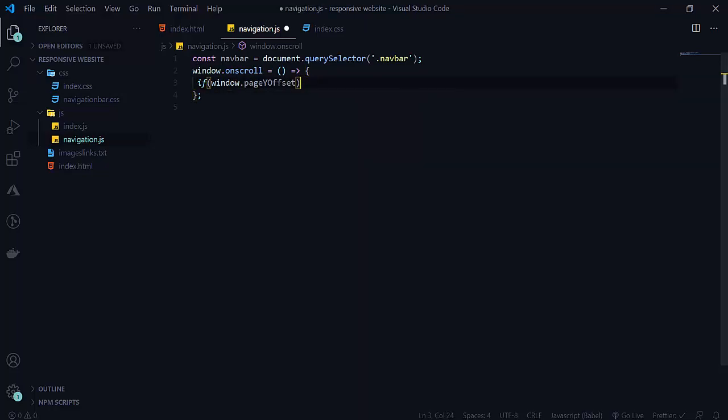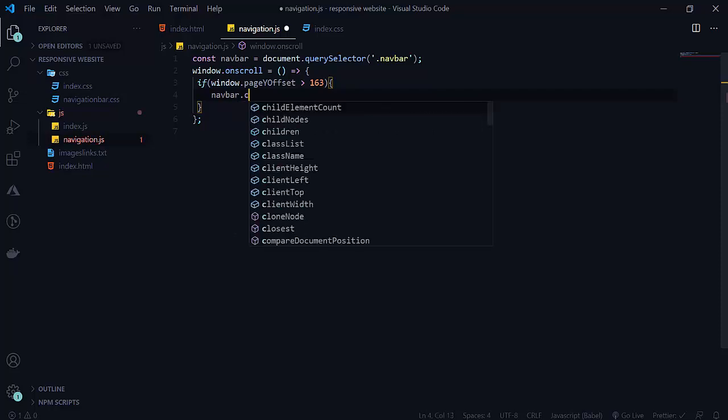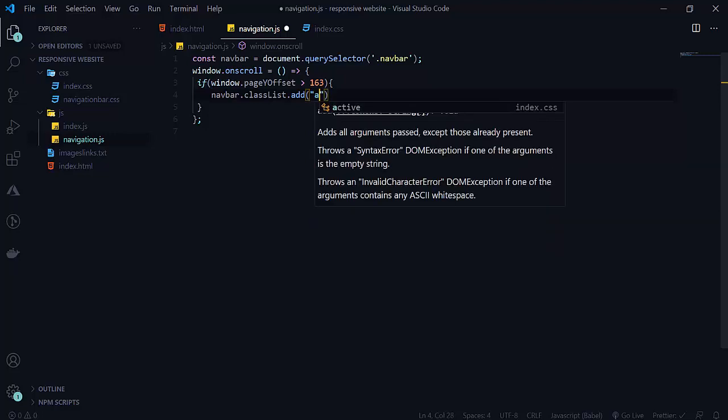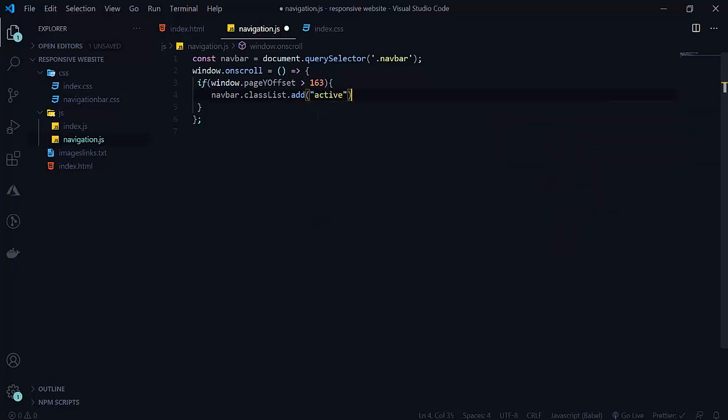Sorry for the background sound. If this is greater than 163, we want navbar.classList.add, so we will add our class as active to the navigation bar.